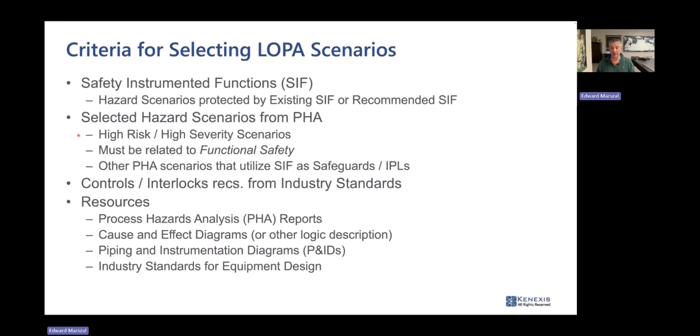You know that a lot of times you have safety instrumented functions that are shown on your P&IDs that don't show up in your hazard and risk analysis. You have no target for the basis of your design, and now you're kind of stuck. Which is why item number one in my mind, not as a PSM practitioner, but as an SIS engineer, is